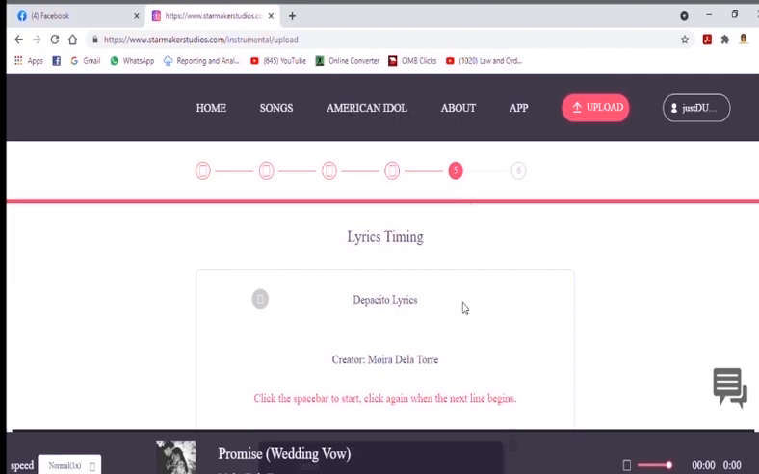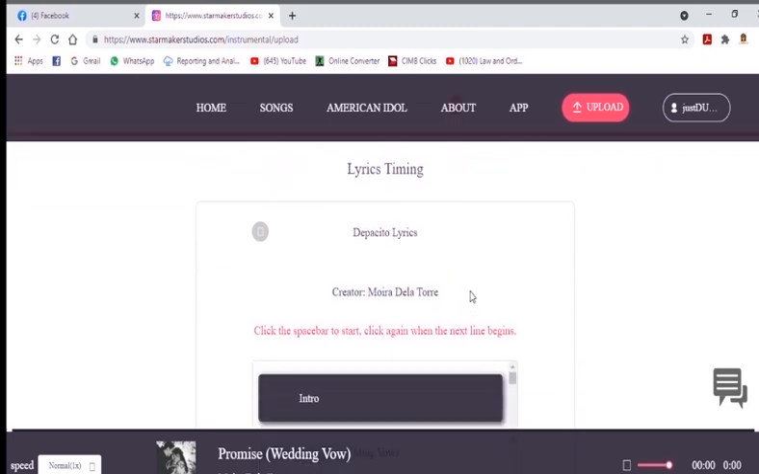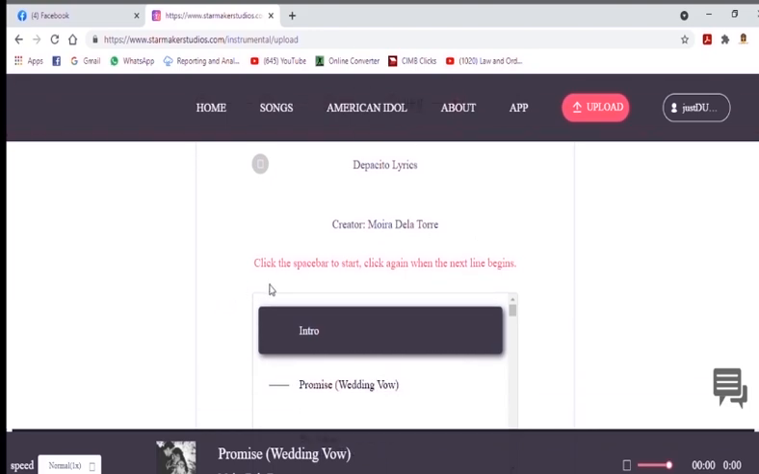Ito na yung lyrics timing page. Dito guys, kailangan talaga napaka-importante na alam mo yung kanta para alam mo kung kailan ka papasok, kailan ka mag-stop dun sa song. So, kailangan timing talaga yung lyrics with the music. Ayan. So, dito, sabi dito, click the space bar to start and then click again when the next line begin. So, here guys,